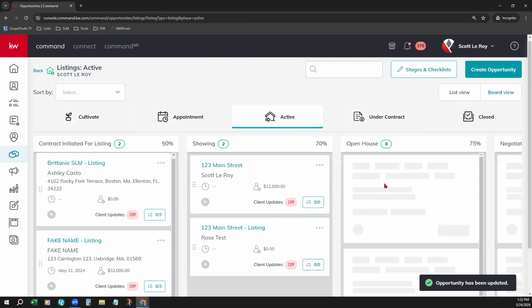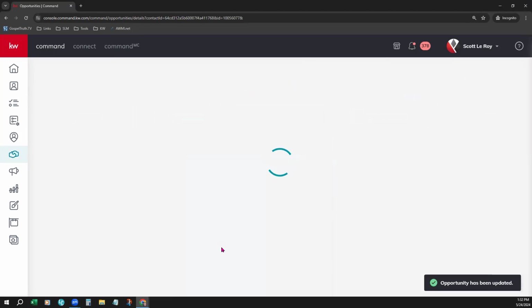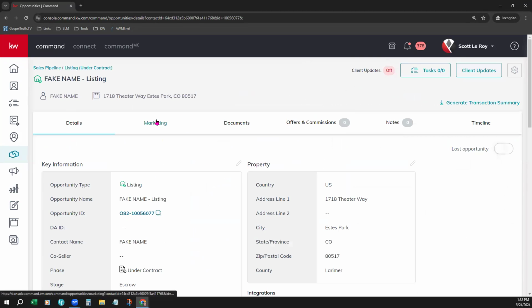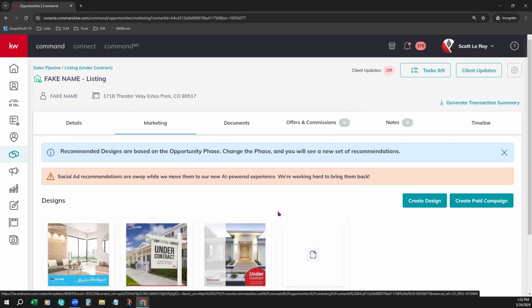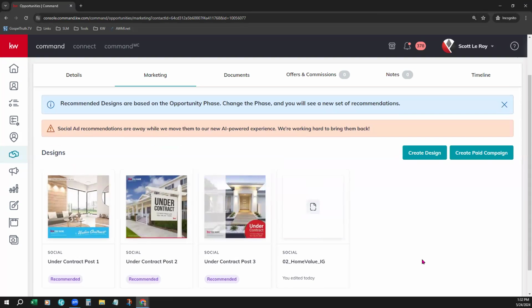There we go. Go under contract, click the name of our opportunity, go to the marketing tab, and now we'll see what's changed. Now we have 3 social pieces under contract: post 1, post 2, and post 3. They're all a little different, and you can jump in and edit those as well. Keep in mind, these are not just for social posts. You can run these on a paid ad and you can save them as images as well and use them